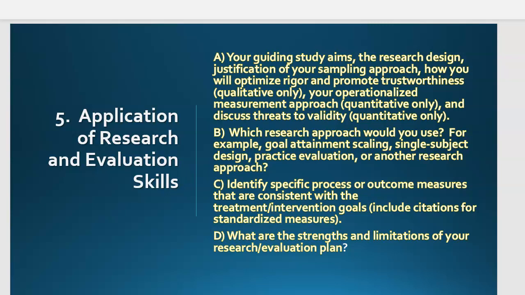Which research approach would you use? You need to decide, for example, are you going to use goal attainment scaling? Are you going to use single subject design? Are you going to use some other type of practice evaluation method or some other type of research or evaluation approach? And again, you can think about the case, but the contents in this section need to be directly related